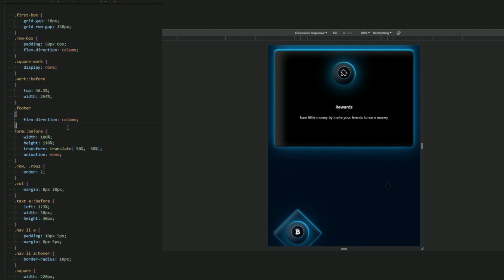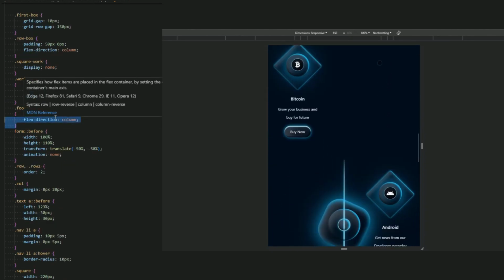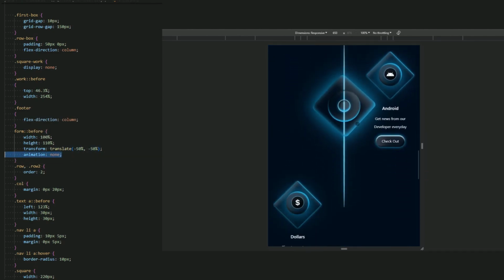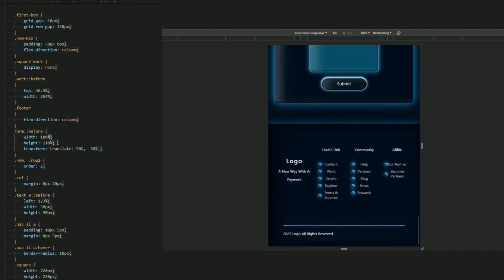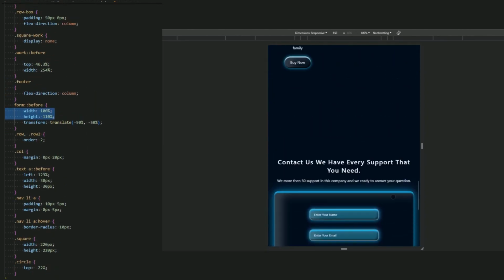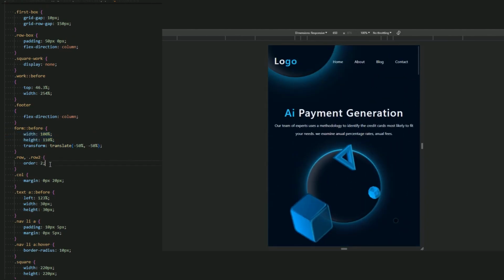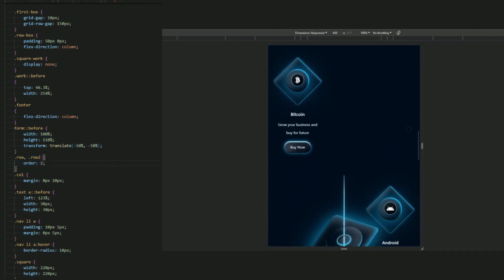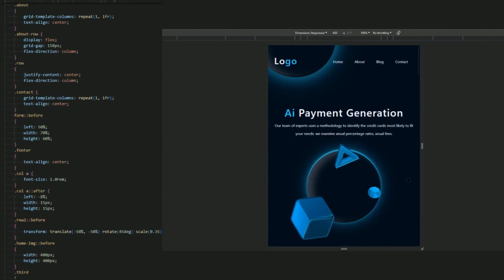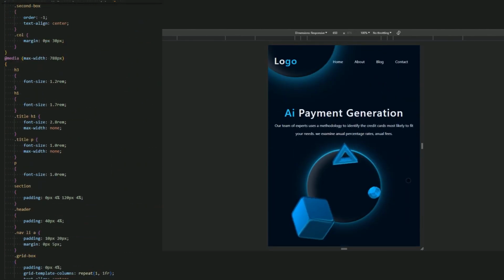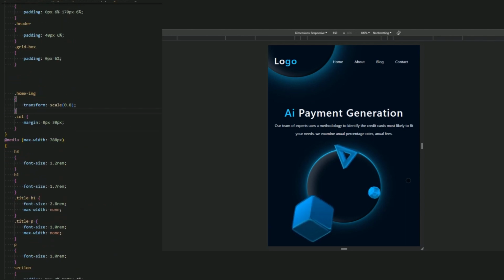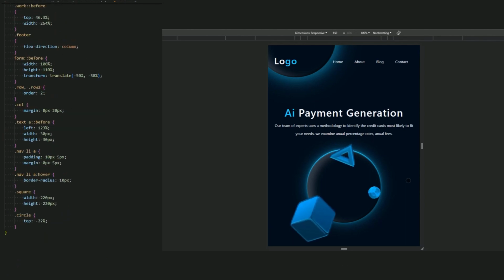Yeah, the footer, we add the flex section column to be in the next line. And for the font before, again, no animation we have, yeah, again the same custom font size, custom width and height, I'm sorry guys. Okay, and row 2, we add order 2. Very good. And by the way, where is the second? We don't have a second box. What is this?